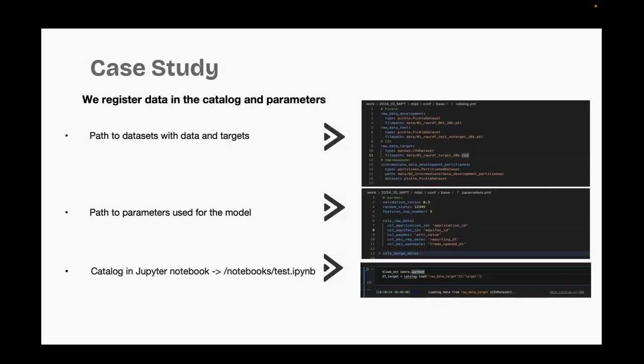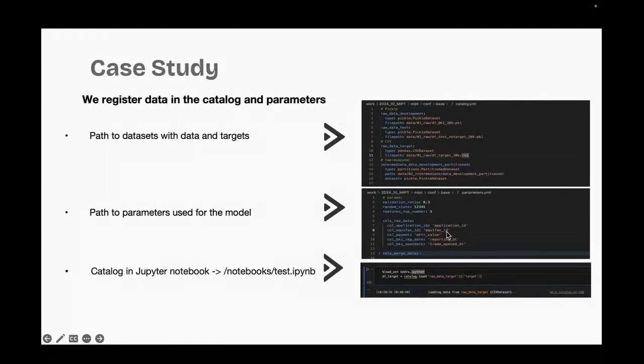So in catalog.yml, we define the paths and types for datasets, both existing ones used for training and testing, as well as any that will be created throughout the project. These datasets and files will be organized within data subfolders. This includes preprocessing, feature datasets, pickle files, storing trained models, visual assets such as charts and graphs. So all these things you mention in this file.